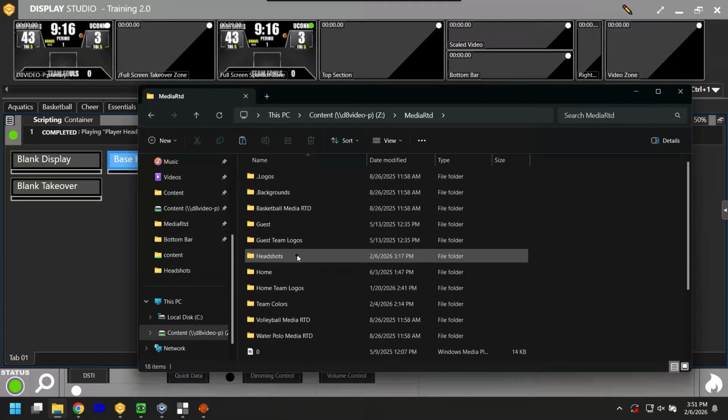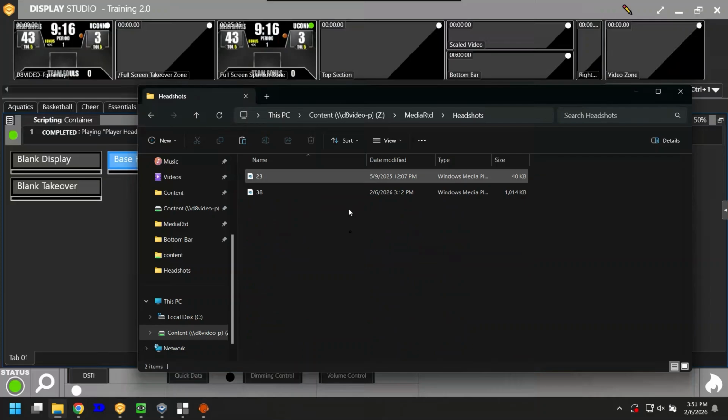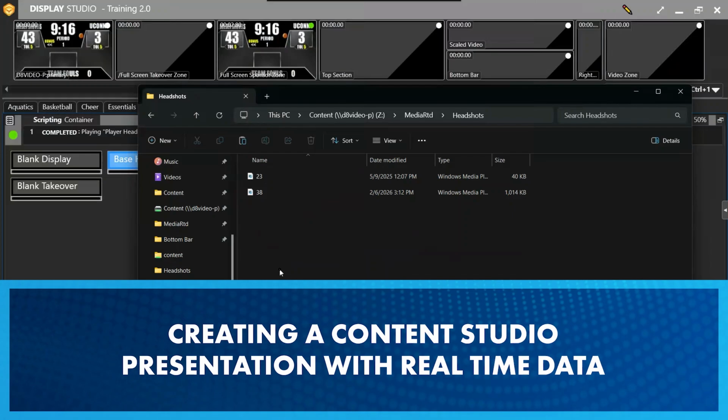In here, I created a headshots folder, and in my headshots folder, I have a few headshots. Make sure the files for your headshots have the player number associated with them as the name. This is how the data will pull from the AllSport Pro. Once our folder is created and at least one graphic file is uploaded, we can move on to the next